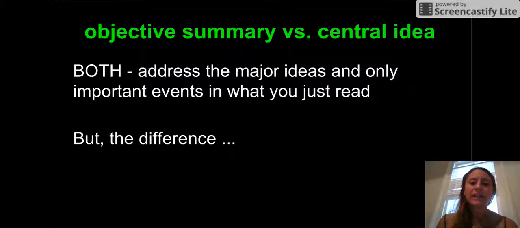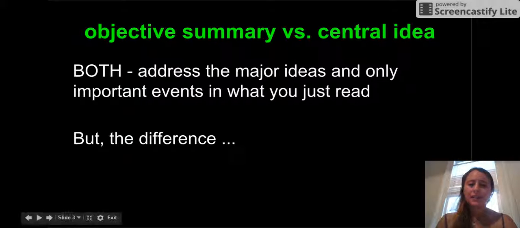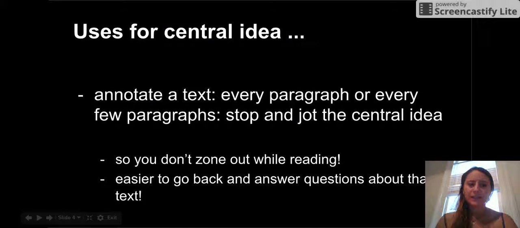So real quickly, an objective summary versus a central idea. What they both do is talk about the major ideas and only important events in what you just read. But the big difference is,